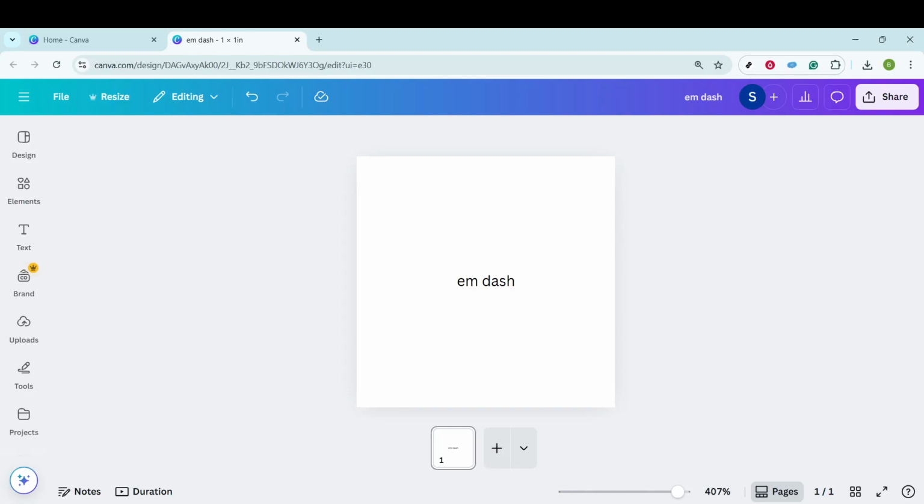In today's video, I'm going to teach you how to create an EM dash in Canva. Whether you're designing a sleek presentation or crafting a compelling post, adding an EM dash can enhance your text's flow and emphasis. So, let's dive into the simple process that will help you incorporate an EM dash into your Canva